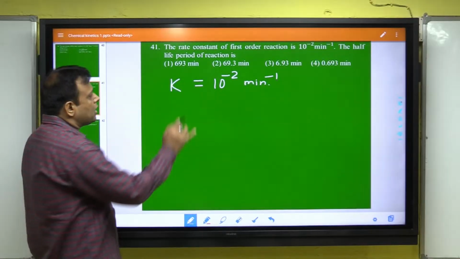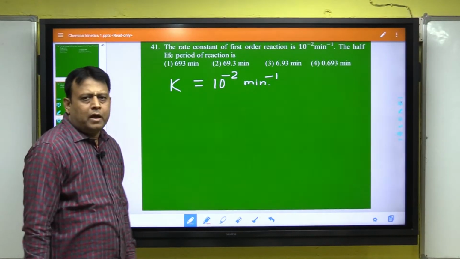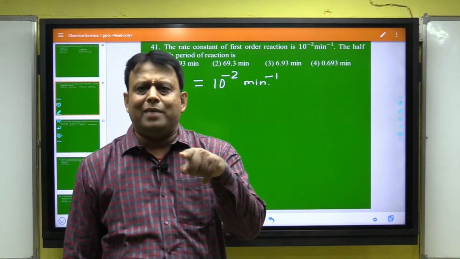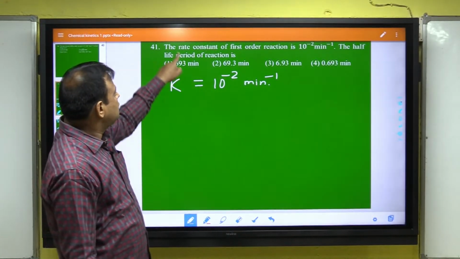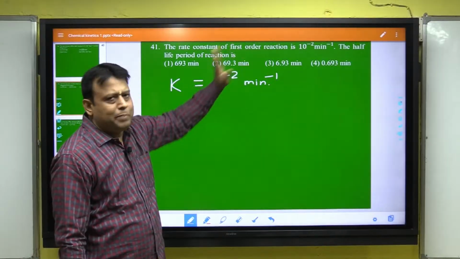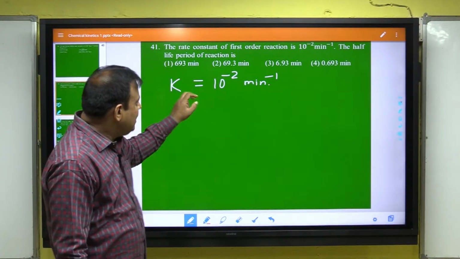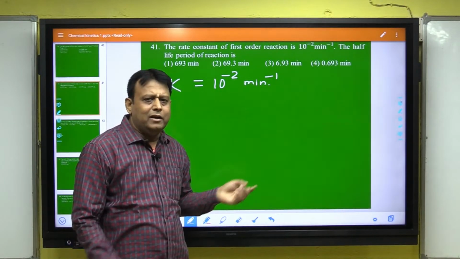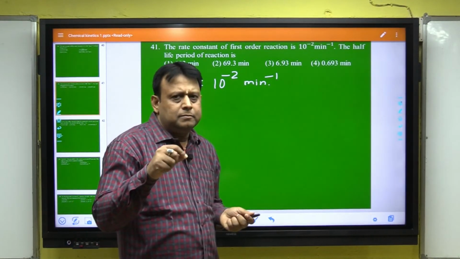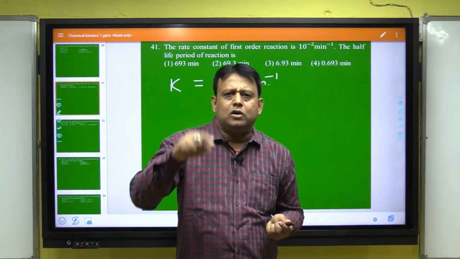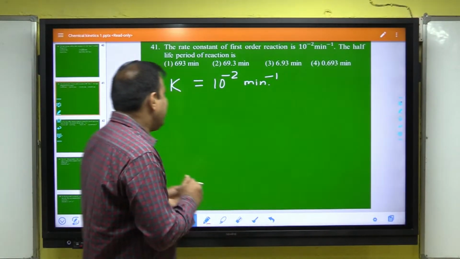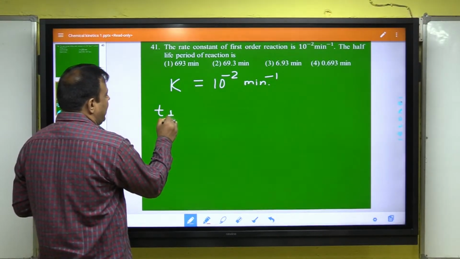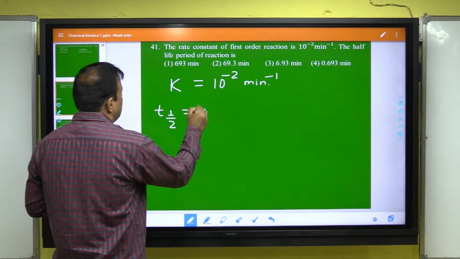Look at board. K is given, and it is given to calculate what will be half-life of first order. Why first order? Because it is given first order, and unit of K is time inverse, minute inverse, and unit of K is time inverse only for first order,